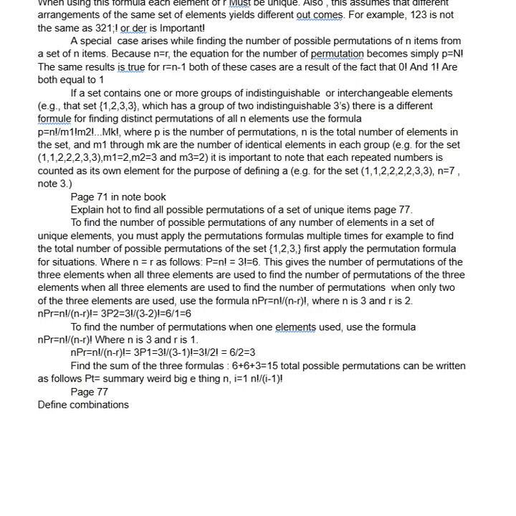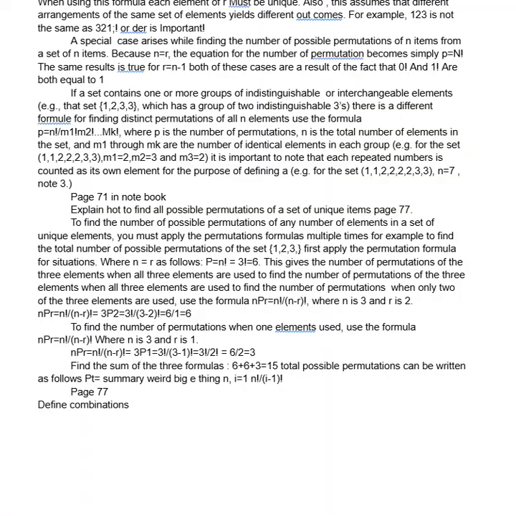To find the number of permutations when one element is used, use the formula nPr equals, in the numerator, n factorial, going south past the vinculum or fraction bar into the denominator, start parentheses, n minus r, end of parentheses, factorial, where n is 3 and r is 1. nPr equals, in the numerator, n factorial,